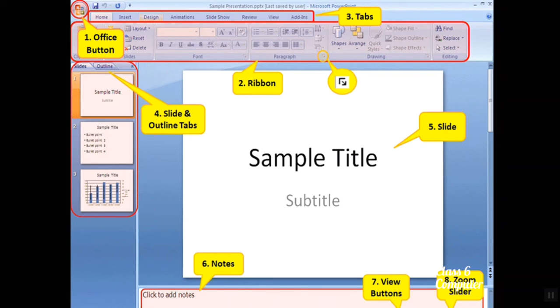related to your slide. Then we have view buttons. There are 3 view buttons, and near that we have a zoom slider which is used to increase or decrease the size of your window. Then at the sides we have our sliders also, and where my cursor is at present, this is used to take out or open a pop-up menu. I hope these parts are clear to you.